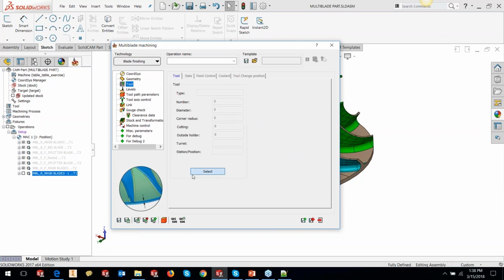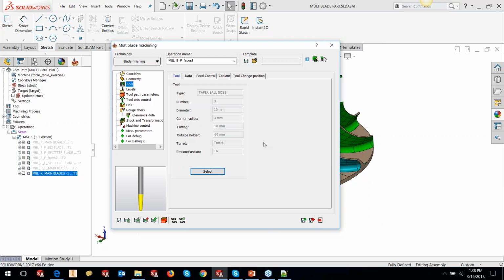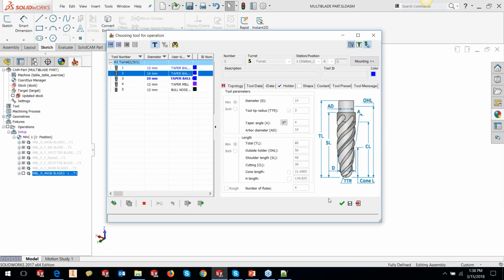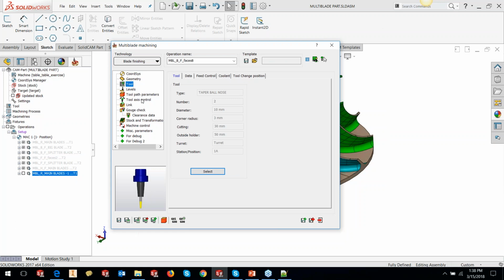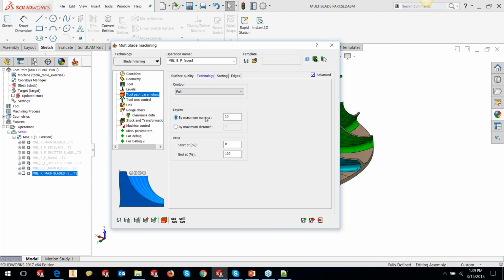Let's go to the tool. I'm going to use a different tool this time. I'm going to use a 10R corner radius 3 taper ball nose with a 4-degree angle. Not this one. I would like to use the one with the holder. Okay, most of the things here are more or less similar to roughing, and the only difference here is